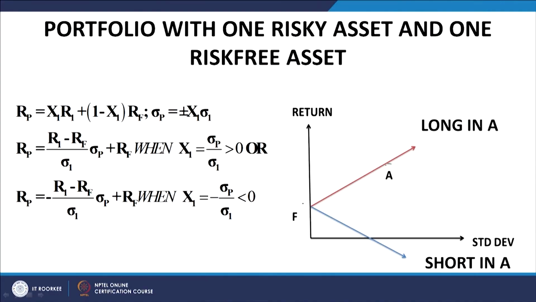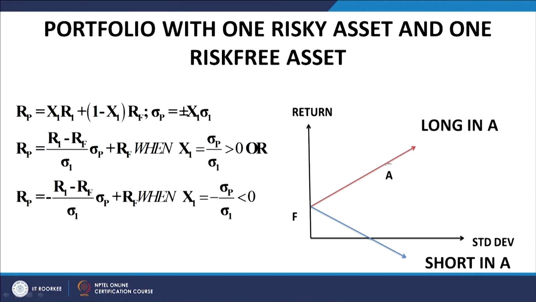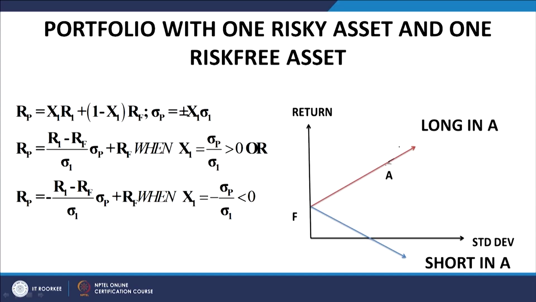At point F, we have invested the entire amount, whatever our investment amount is, in the risk free asset and 0 in the risky asset A. Now, moving beyond A means we are borrowing at the risk free rate and investing in the security A. So, at A 100% is invested in the risky asset. As we move from A to F, part of it gets invested